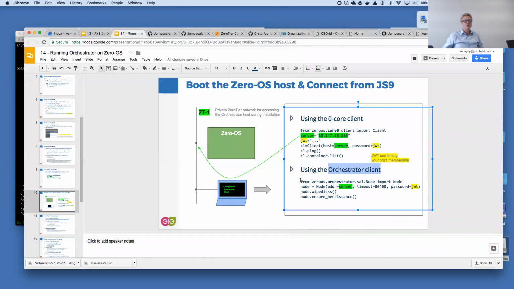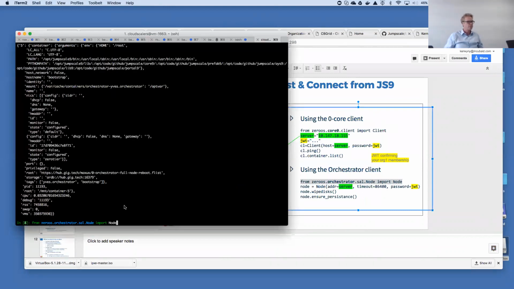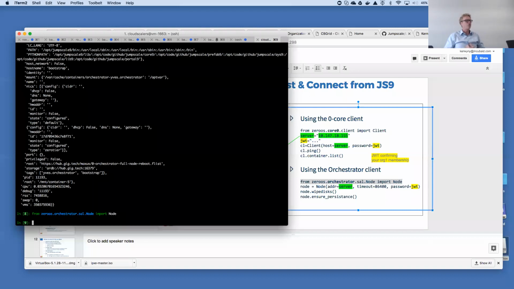So instead of going through the core 0 client, you go to the 0S Orchestrator API. This is quite strange. How can you talk to the orchestrator through the Orchestrator client when the orchestrator is not yet installed? Well, you can't. However, the Orchestrator client, which is available in that Python module, still allows you to use the client.